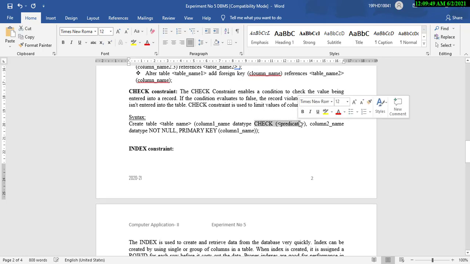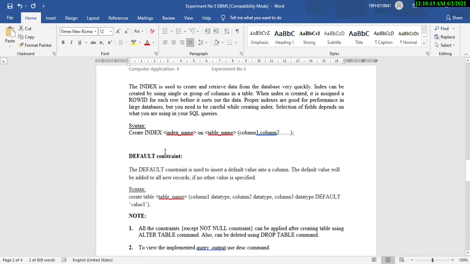It means that some condition will be checked. For example, if you want that id should not be 0, so check id is not equal to 0. Like this, you can write the condition, but unfortunately we cannot see this check constraint in the describe table. So we are going to leave this and directly jump to the default constraint.